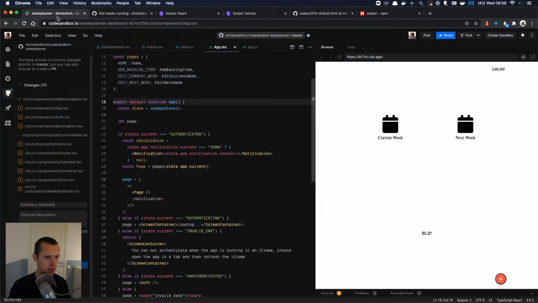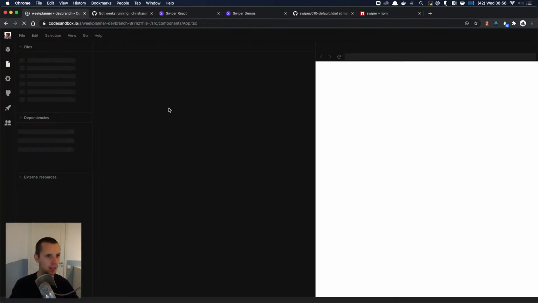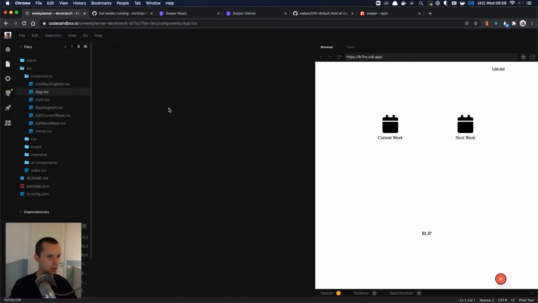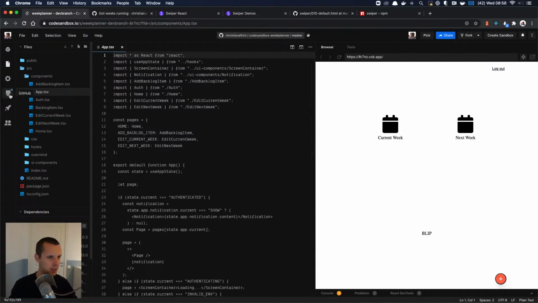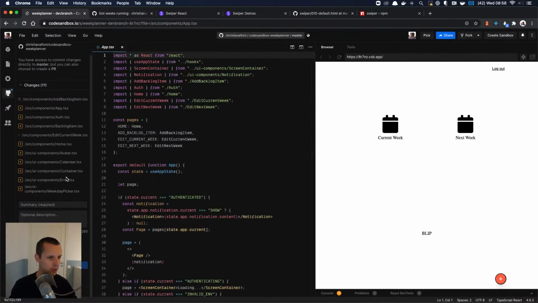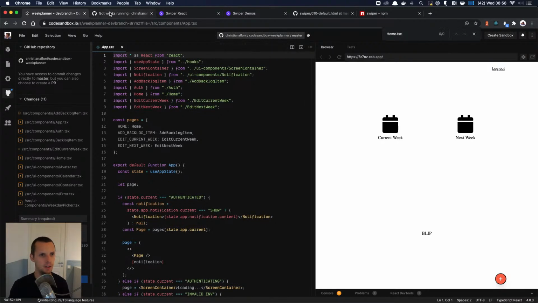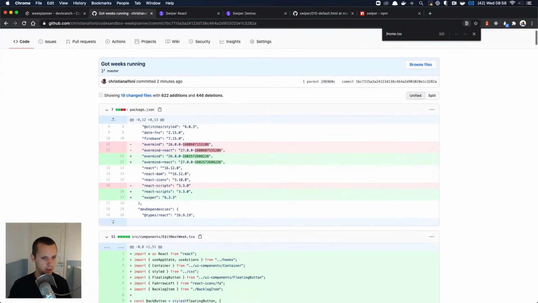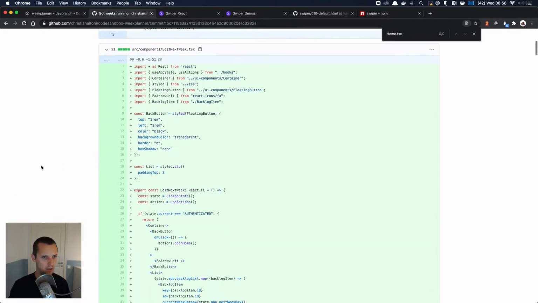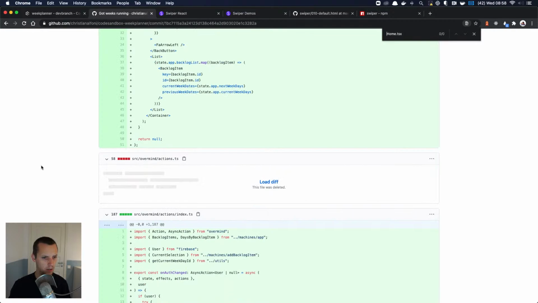So it seems that for some reason, let me just refresh here first. It seems like it didn't take into account the changes. Kind of like it only committed, let's see, the additions, maybe that's it. No, it committed a change of the package JSON. An addition of that one.